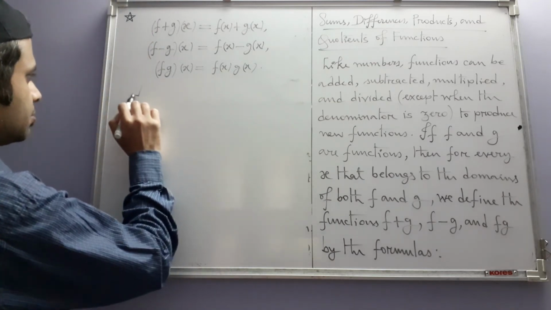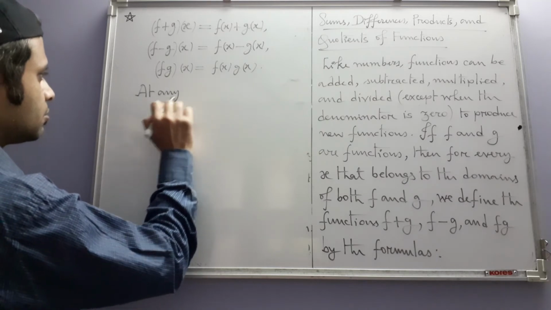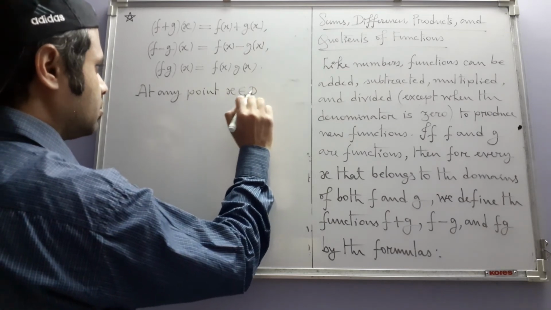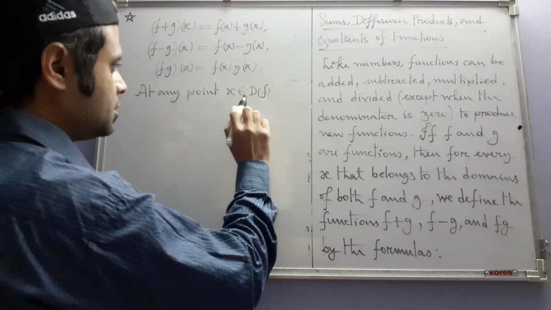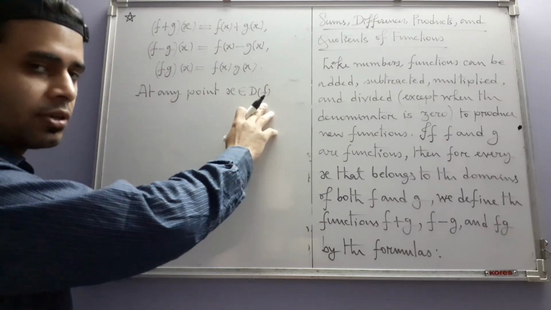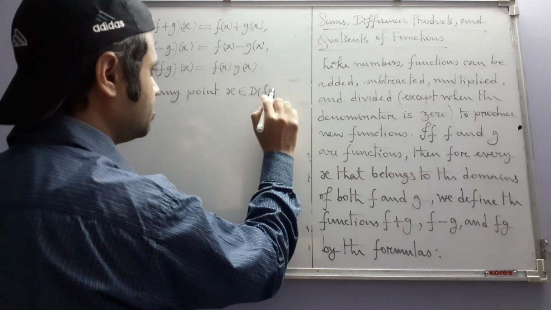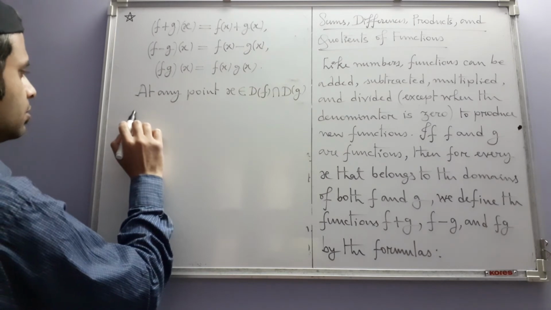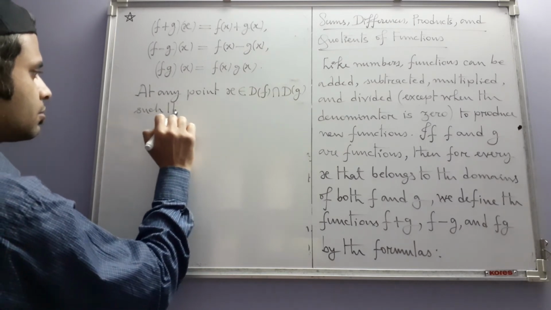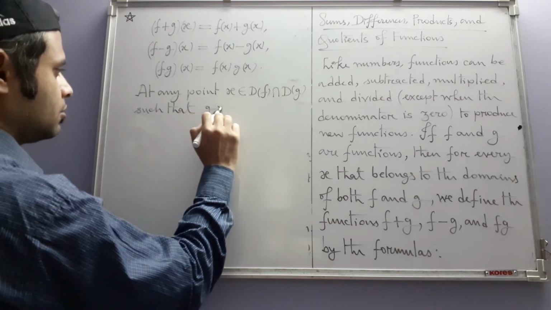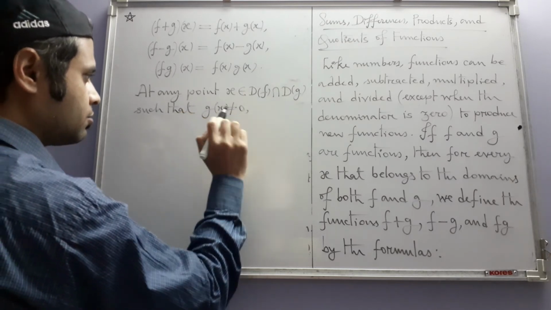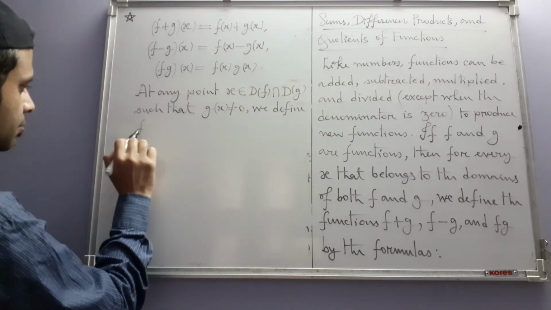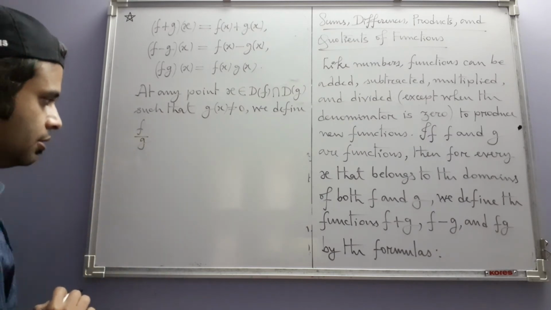At any point x belonging to the intersection of the domain of the function f, we have already used this notation before, and the domain of g, such that g of x is not equal to 0, we define the function f by g